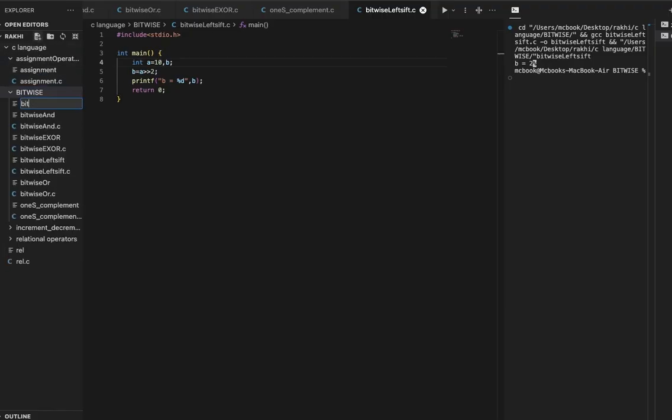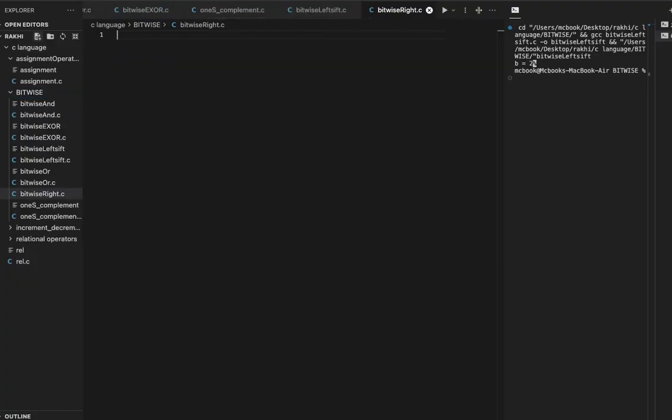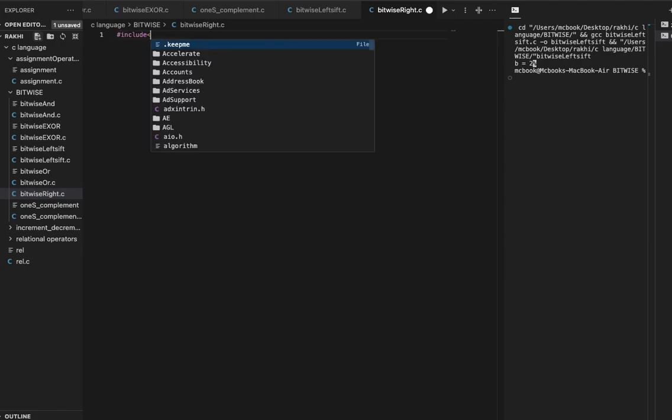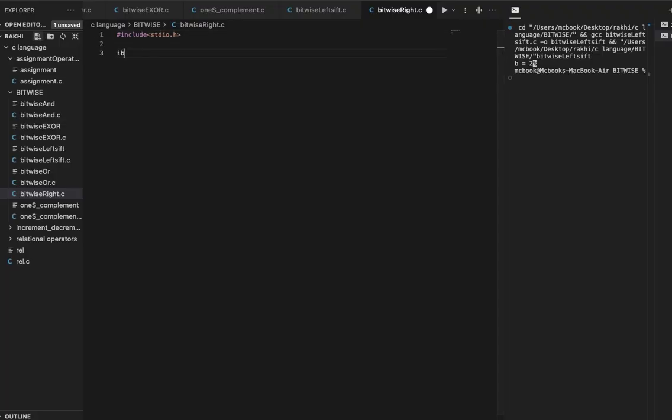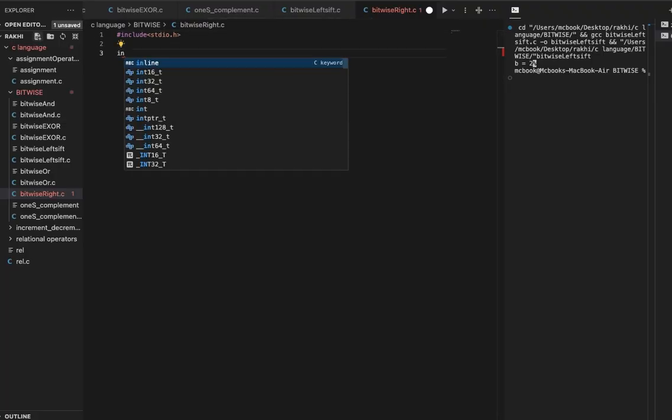Right shift bitwise, right shift dot c, and include stdio.h. It is compulsory to add this.